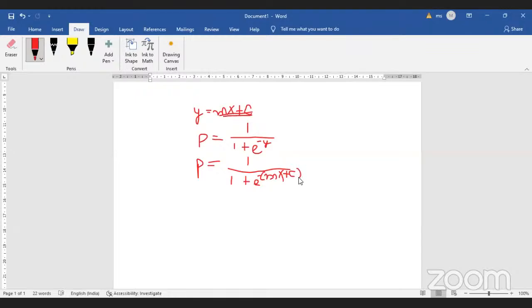Now to eliminate this, we have to apply log on both sides, some mathematics. So apply log. So this will become